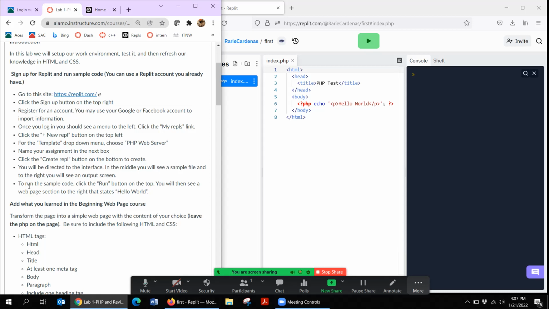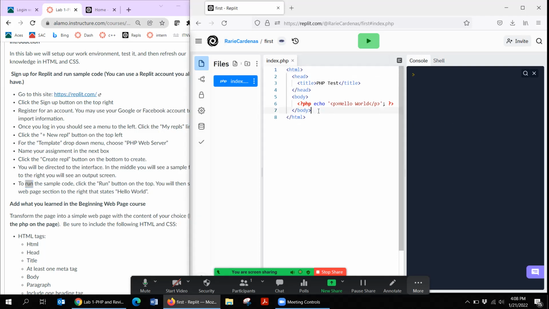Okay, so just like I went through that tutorial, to run the sample code, you use the run button on top. You will then see a web page in the section to the right that says hello world. So let me go ahead and do that. So this one has the PHP. Notice how it has the HTML, and then inside the body, it has PHP. And just like with JavaScript, you eventually will have some within the head, but then some needs to be in the body. So if you hit the run button,